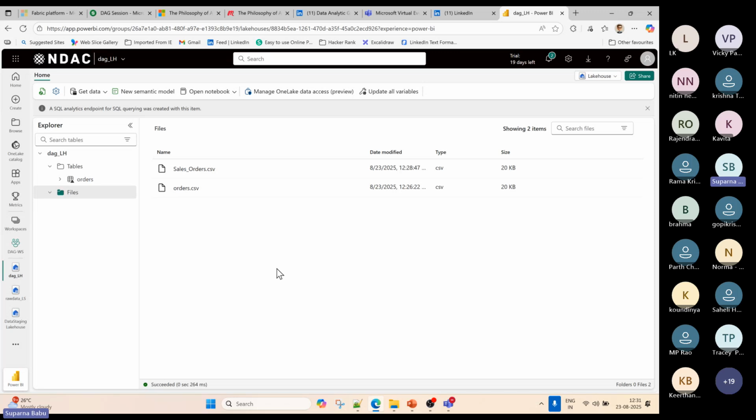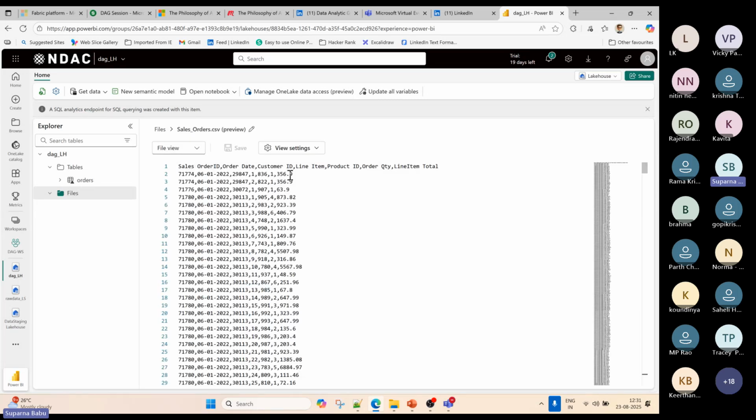Okay, now what can we do? Can we open the Excel file and put an underscore, or remove the space? No, that's not an optimal solution. How many columns are there here? 1, 2, 3, 4, 5, 6, 7. For this demo, I took one sample file from Microsoft, so it has 7 columns. Let's say in real time you have 200 or 300 columns. Don't you think you would do it manually? That's not a correct option. Then what is the solution?